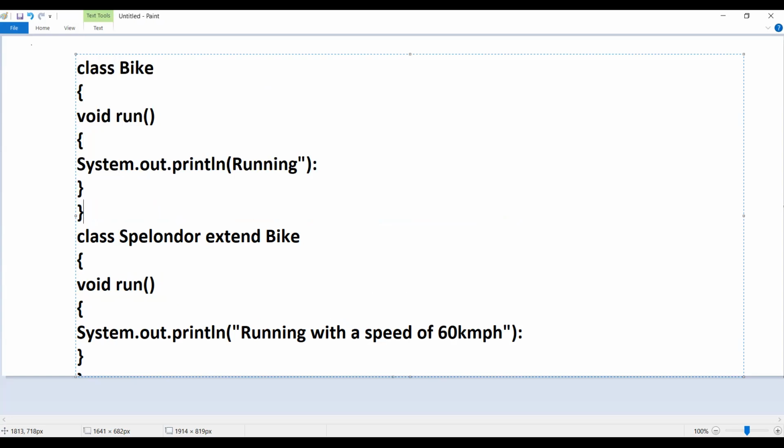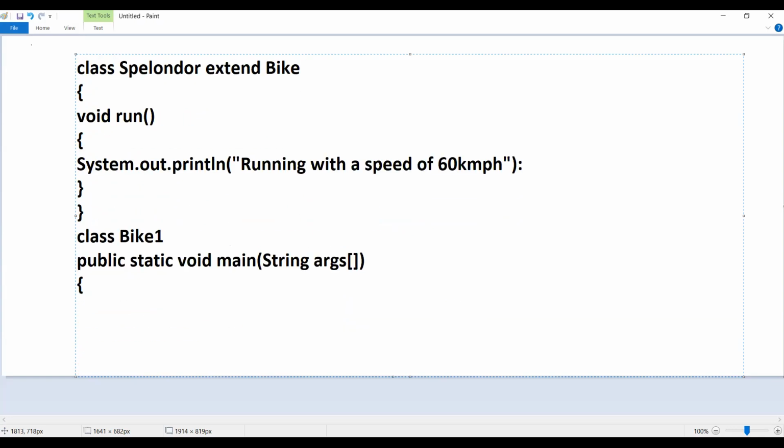So what I am trying to do is assign the object of the parent class. The class is Bike, and Bike is going to be taken as an instance. Now I want to take the instance of the Bike, which is called an object. So Bike b is called an object. Now I am trying to assign the values of Bike b with the Splendor. So I am trying to refer the parent class object with the child class, and this is called polymorphism.